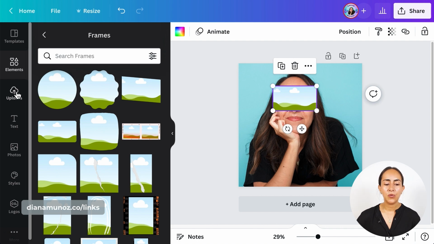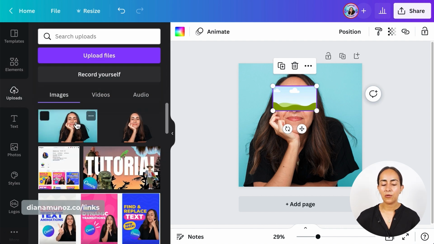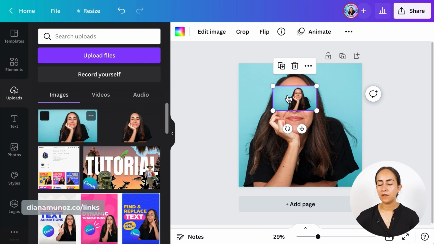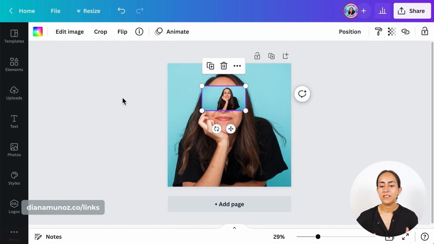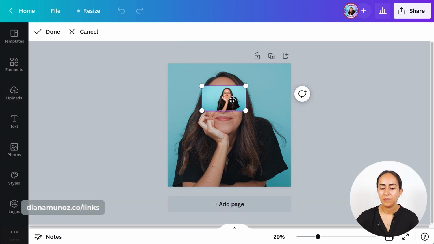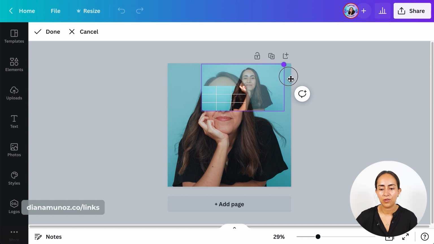Now we're going to upload and bring our profile picture inside the frame that is on top. Now let's double click on the frame because we need to adjust the photo that we have in the frame. What we need to do is to match the photo inside the frame with the photo that we see in the background. So there is a trick that I like to use in these cases, and it is to stretch